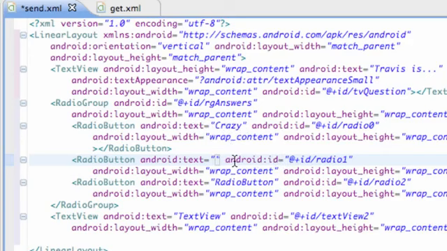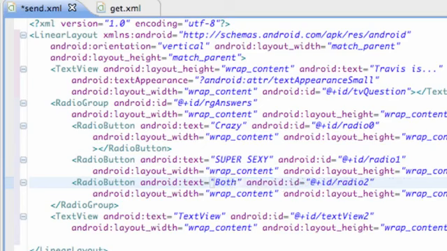We can also say super sexy, which is true, by the way. And we're also going to change this last one to both, which is probably true as well. I'm a little bit crazy. Then we're just going to say R crazy